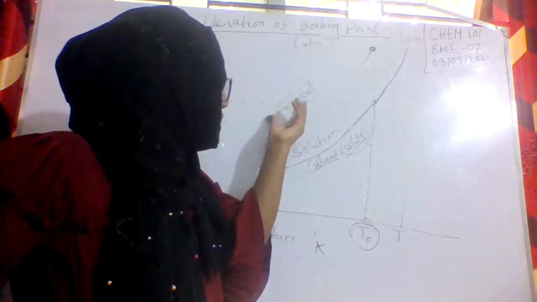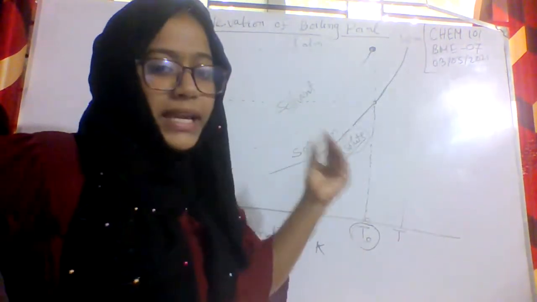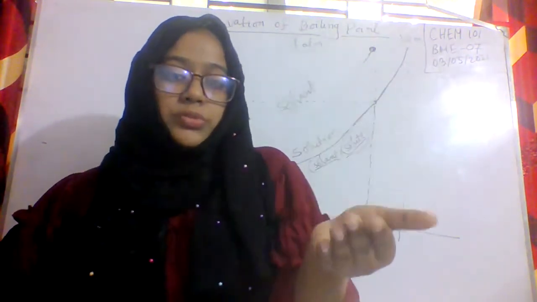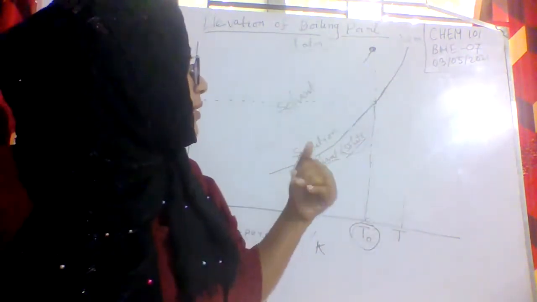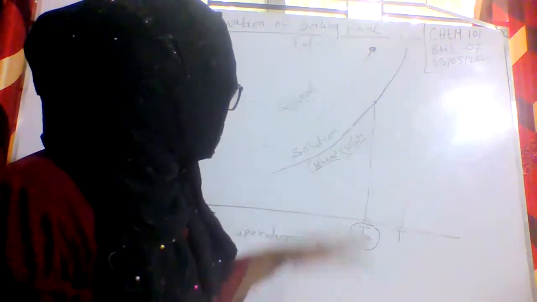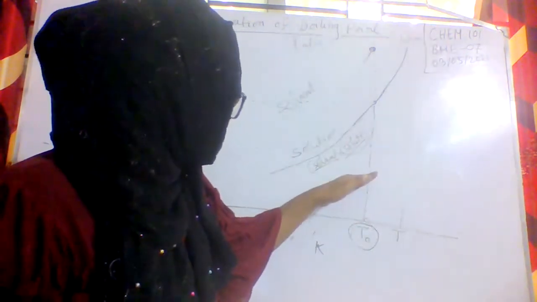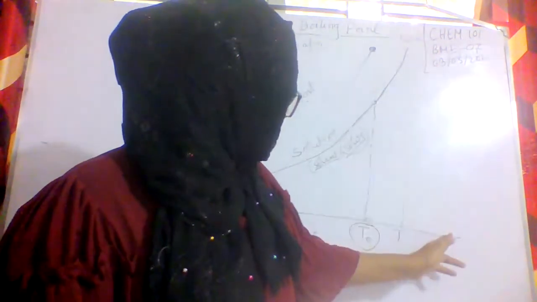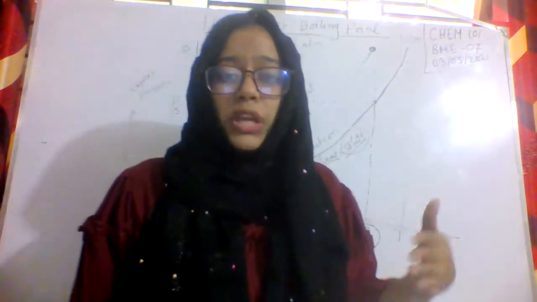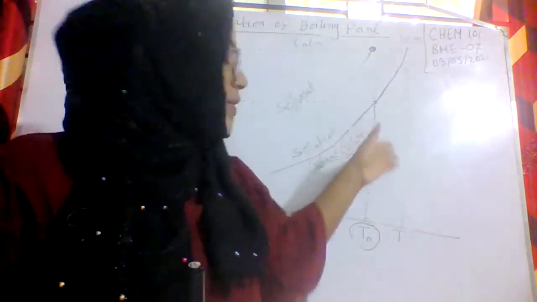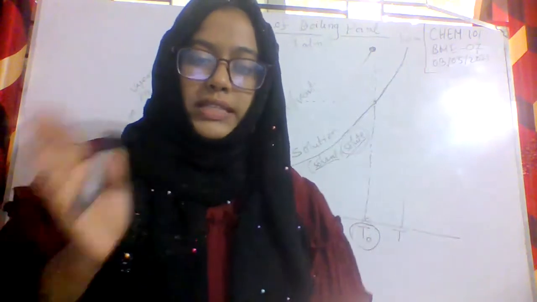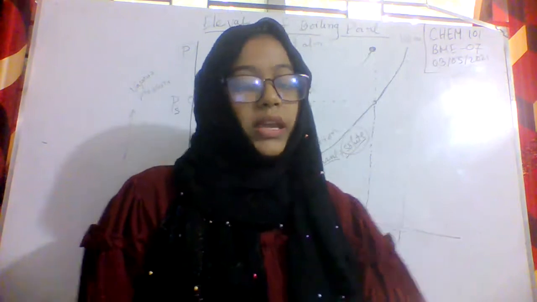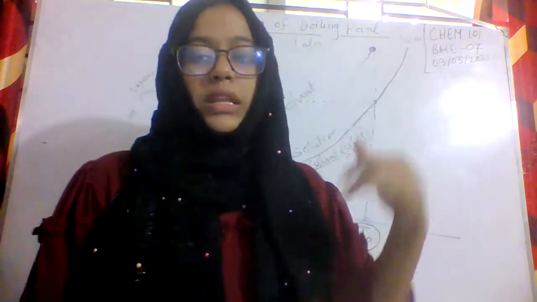That means the solvent will be the same. So if I take another, more concentrated solution, if I increase the solute particles here, what will be the graph? It will be below this one. And we will get another temperature, right? So in your book, you will get these types of graphs. Don't be confused. It is the same as this. If you can draw this, you can draw the other.